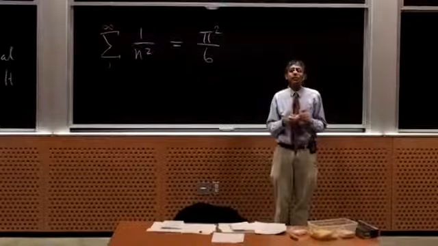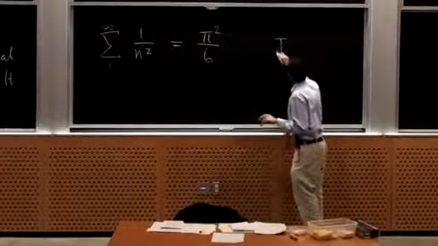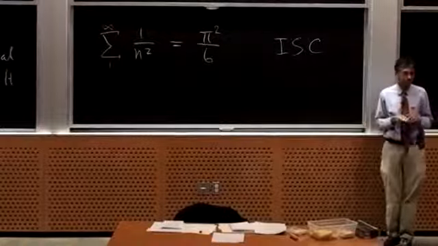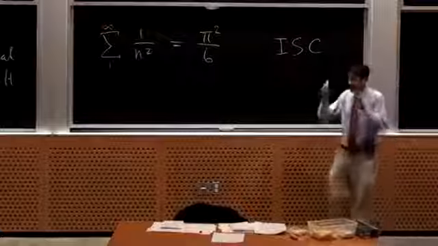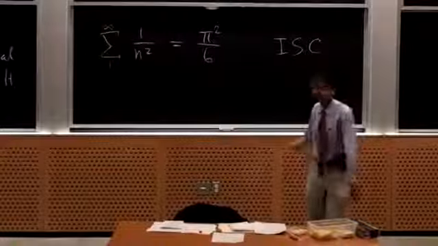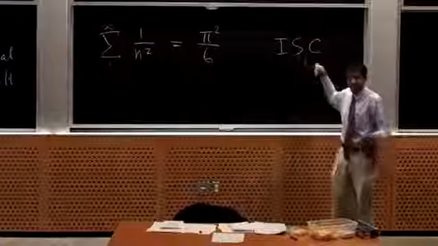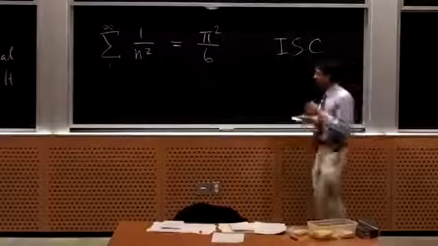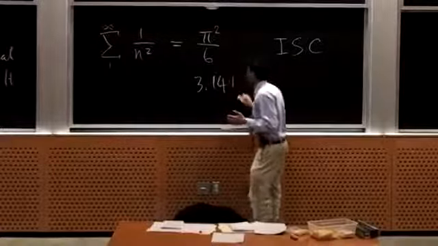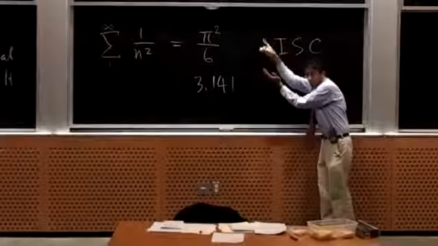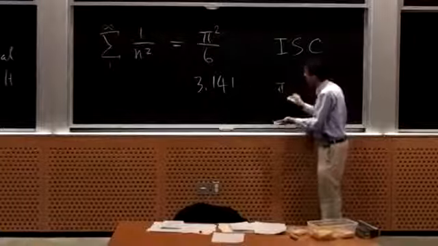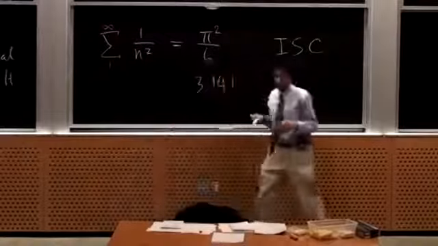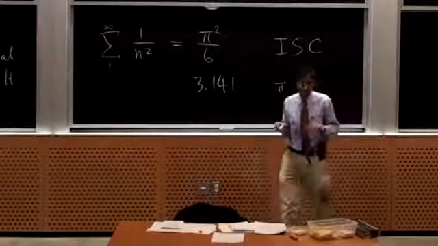you feed it into, does everyone know this guy? If you Google for that, you should probably find it. It's called the inverse symbolic calculator. It's a fantastic thing. I do not know how it works, and I would love to know how it works. But what it is, you feed in a number, and it will tell you all the ways of producing something really close to that. So for example, if you put in 3.141, it'll say a whole bunch of numbers that get near here, and one of them is pi. If you put in this to 1 or 2 or 3 digits, it'll probably guess for you pi squared over 6. So that's one way of getting at an answer.